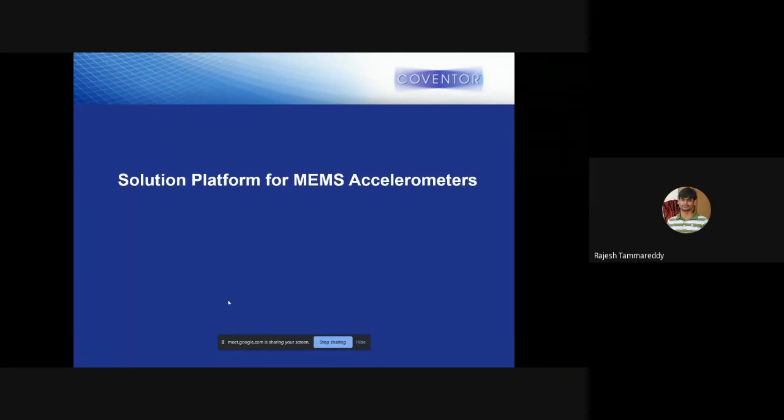Yeah. So this morning we have seen some accelerometer example, right, on the conventional FEM approach. So let us see what is that accelerometer, what are the specifications, and what are the types of simulations you will do to find the simulation results and other things.